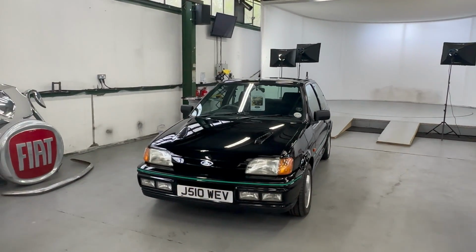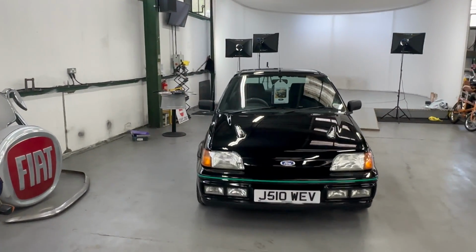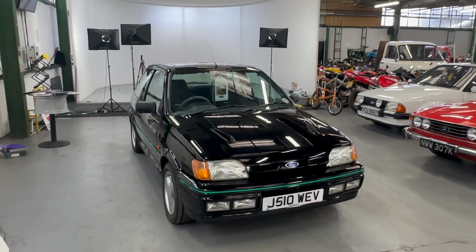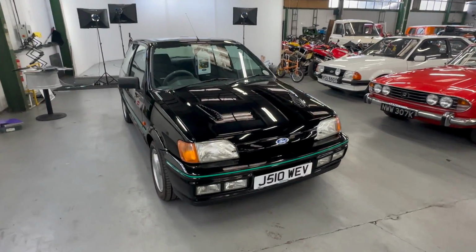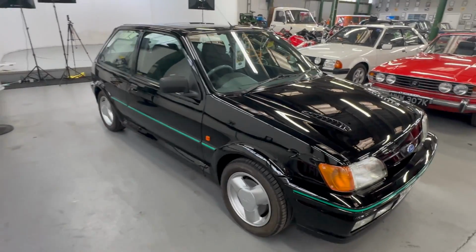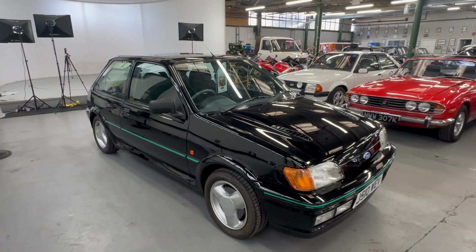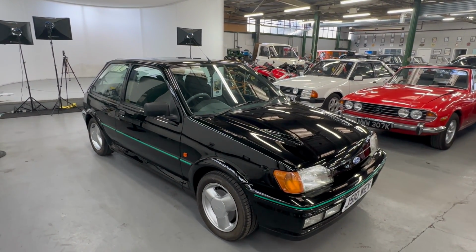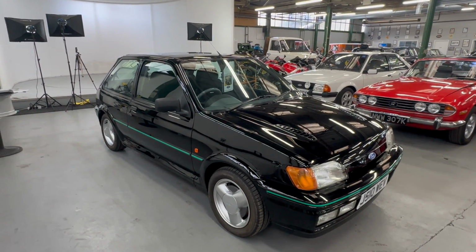1991 Ford Fiesta RS Turbo. As you can see, finished in lovely gloss black with the darker Recaro interior. Easily the best RS Turbo we've had in here. Fabulous, fabulous condition. The vendor is of the impression that the car hasn't been painted before, or certainly hasn't been